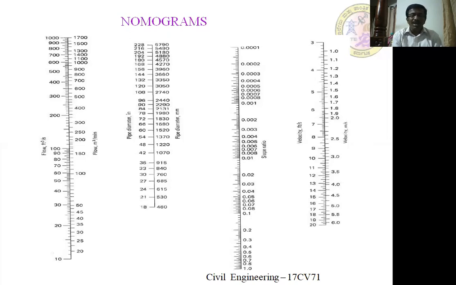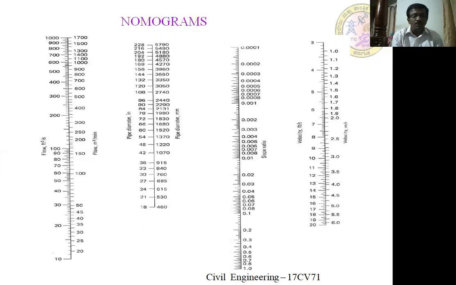To make the calculation simple, and also since your flow is achieved by gravity only, the gravitational force mainly depends upon the value of S. For that, to make the calculation simple and quicker, there is a ready reckoner. In that particular one, there are four parameters. Out of the four parameters, if you know any two parameters, from that it is possible to find out the remaining two. These are the different parameters which are commonly used. This one is the ready reckoner.